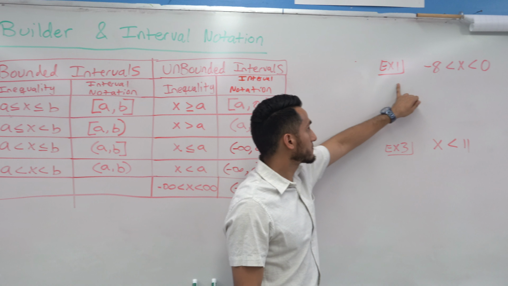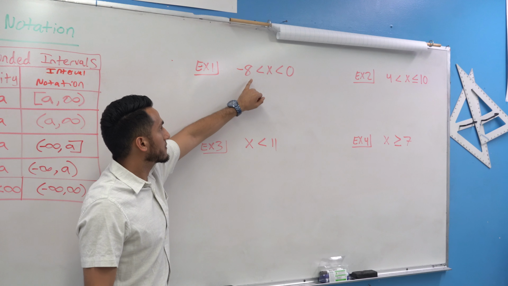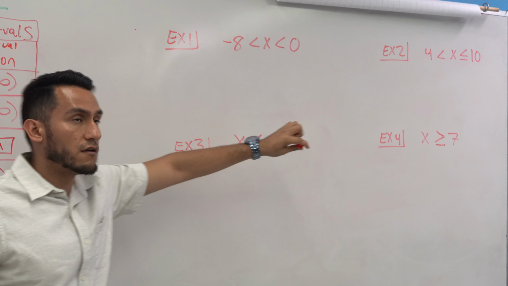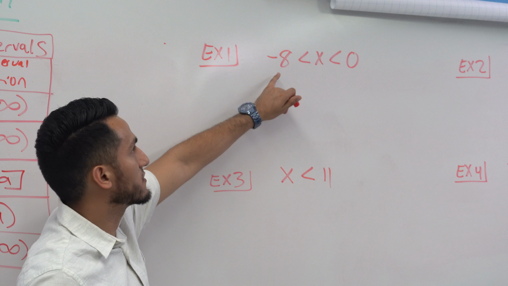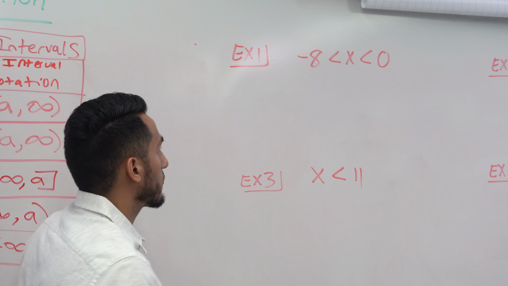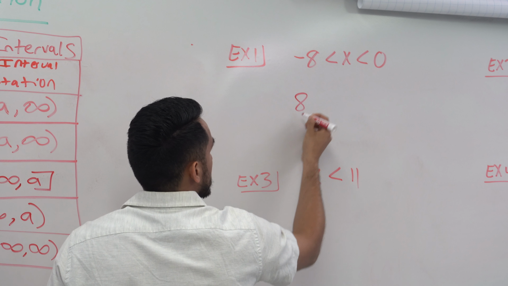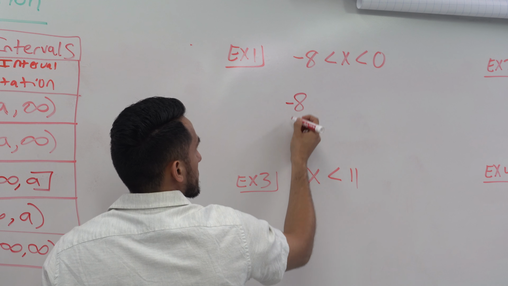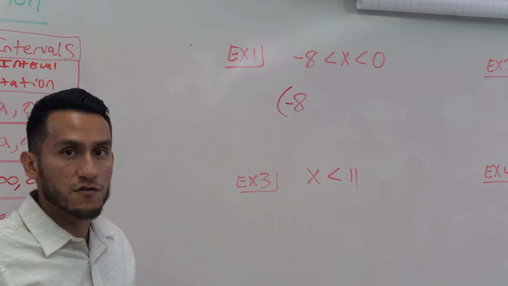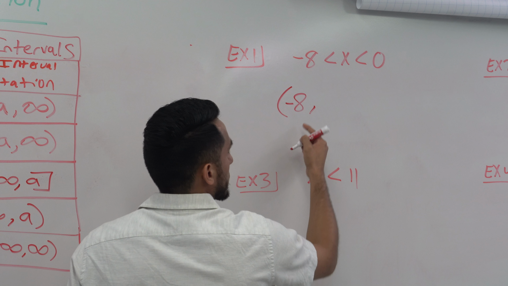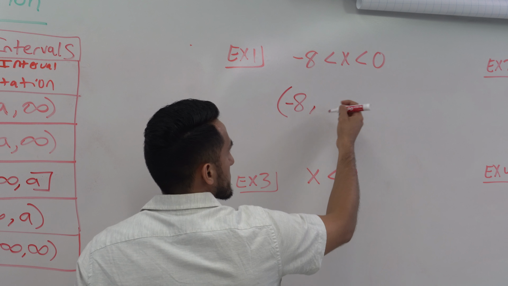Example number 1, we have negative 8 less than x less than 0. So the way we begin is, okay, the smallest number here is negative 8. So we're going to go ahead and write that in the interval notation. Is negative 8 equal to x? No. Because it's not equal to x, we use parentheses. We put the comma, and then we go ahead and write